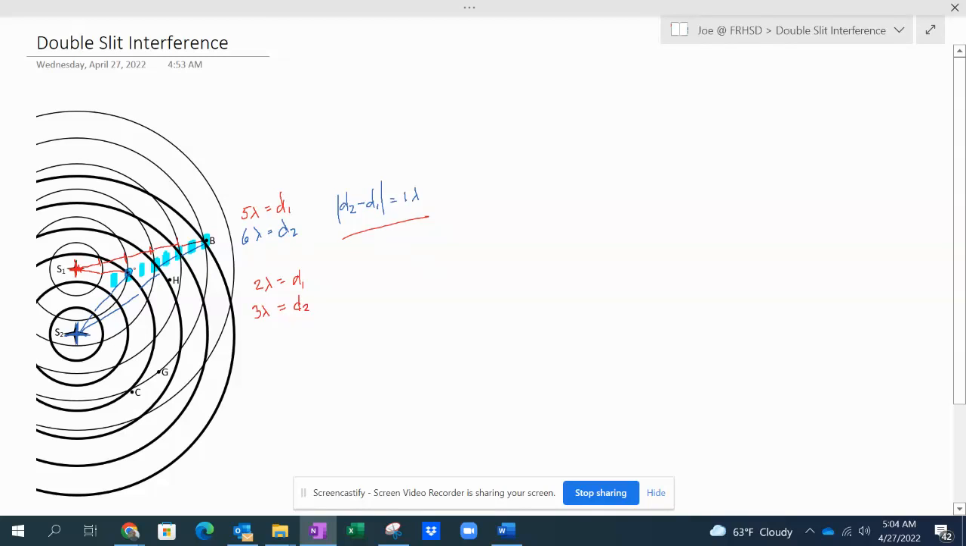So all along those circles that we drew yesterday, those lines going back to close to the distance between S1 and S2 is ultimately going to equal